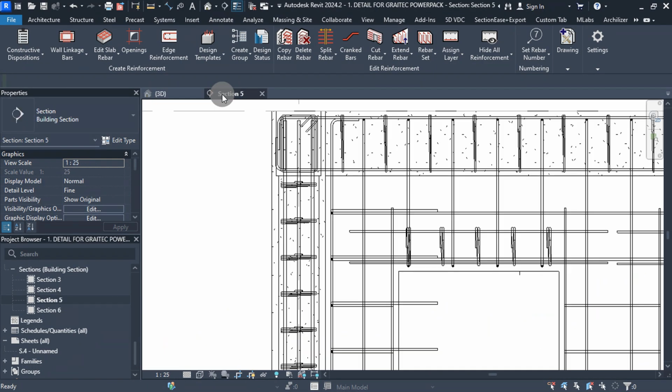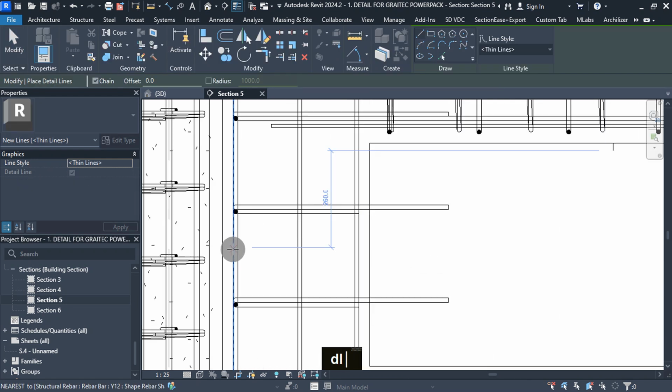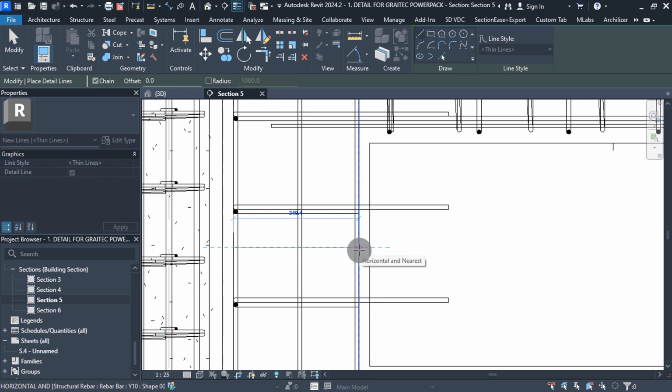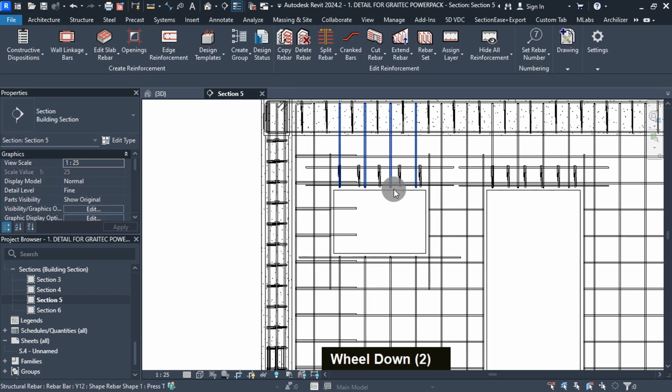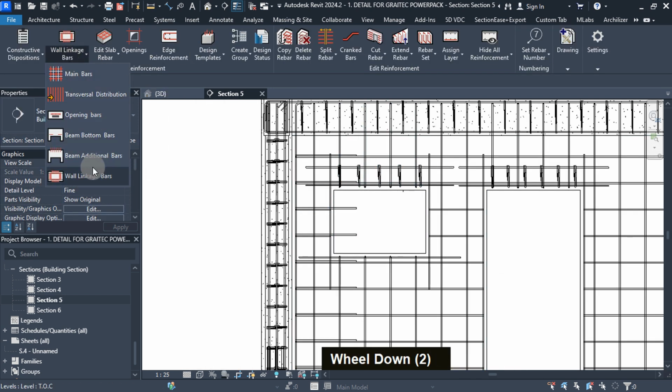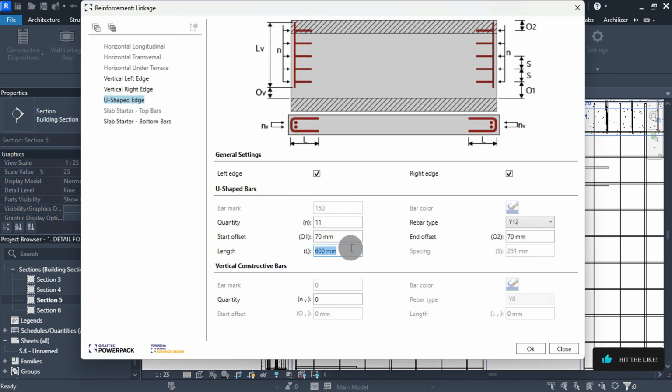If I go to a section view, I can get the required length by typing DL for detail line. Then sketch a line from this rebar reference up to this other rebar reference here. The dimension is at 349.4, which I will round off. With that in mind, I will drop here, select wall linkage bars, then pick the wall to edit. I will give a length value of 350 for the U-shaped edge bars, then press OK to update the generated